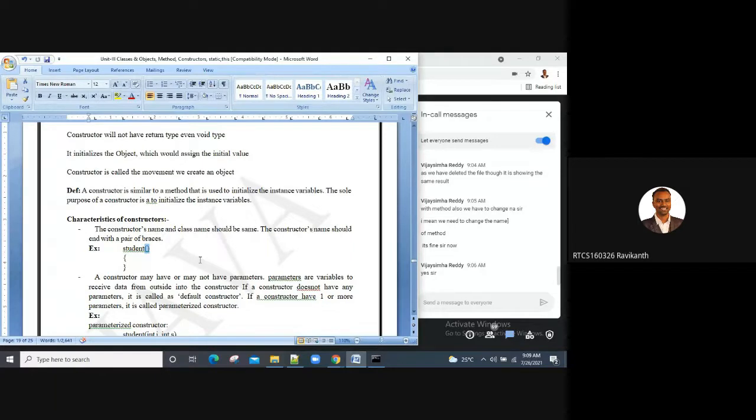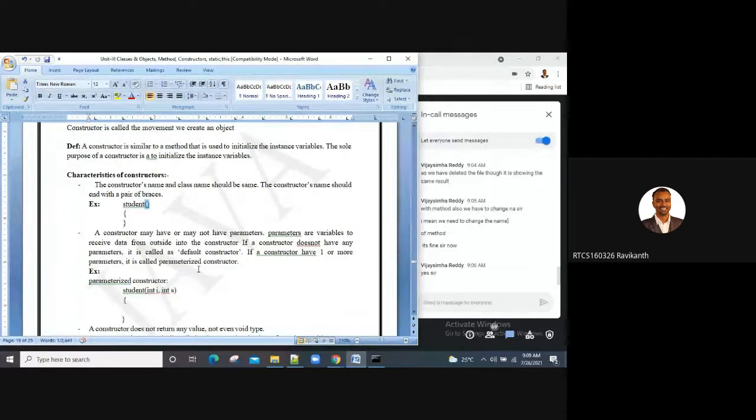So we will directly go to the different types of constructors: the parameterized constructor and the default constructor. A constructor may or may not have parameters.